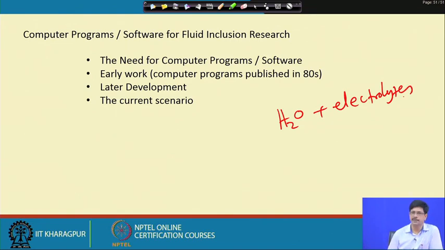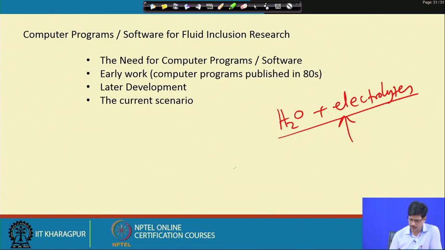These electrolytes are mainly the chlorides or any other anionic species. So, here also when we talk about the PVTX relationship, this PVTX relationship is also coming into picture. For example, when we quantify a fluid rock interaction process involving an aqueous phase, which is a fluid, there we also know that the way we can